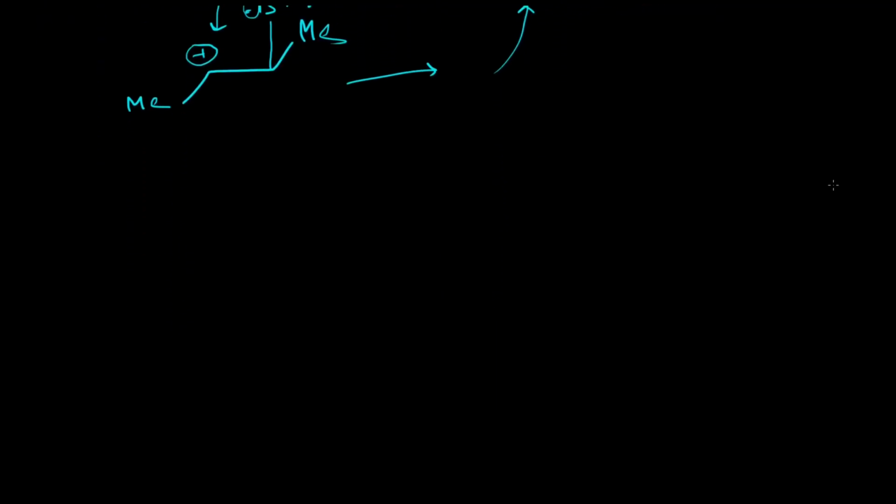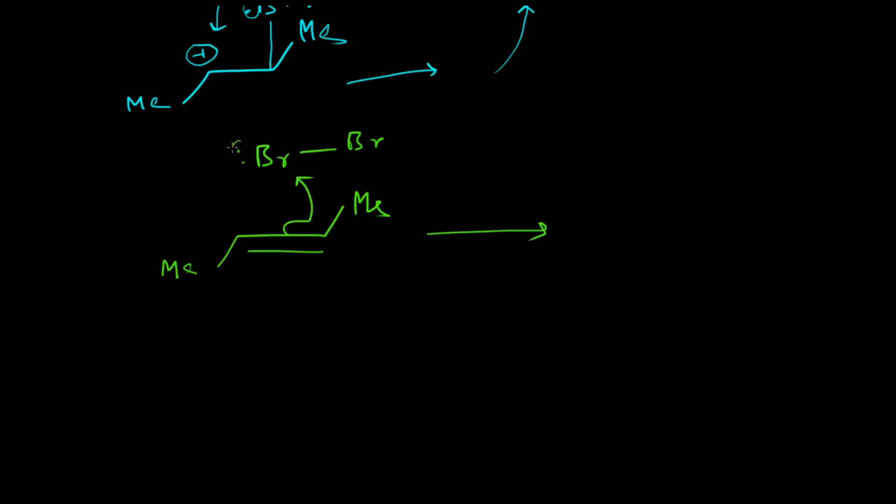Another way is, one can simultaneously show the formation of this bromonium ion in one step. That is, the first step is the initial attack by the double bond, and the bromine atom will then form simultaneously a single bond with this carbocation, and during this process Br minus will essentially leave. So this is another route towards the bromonium ion.